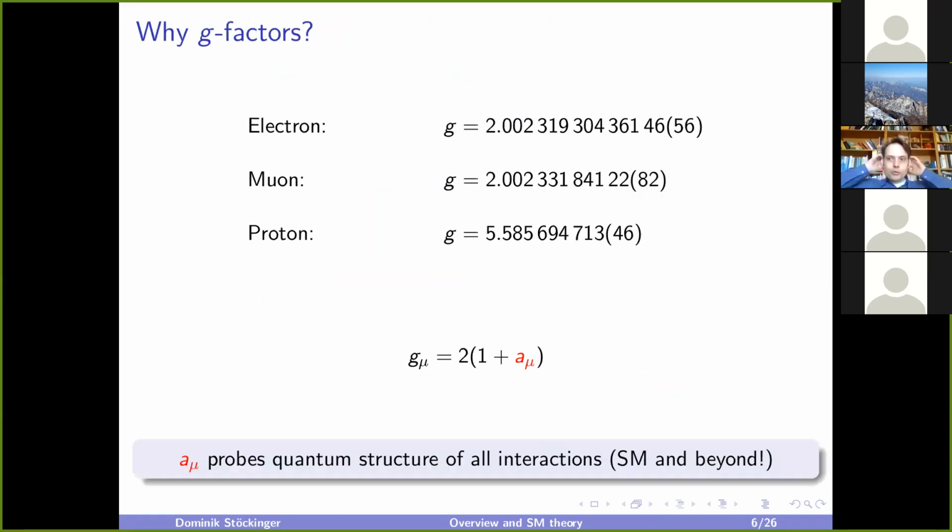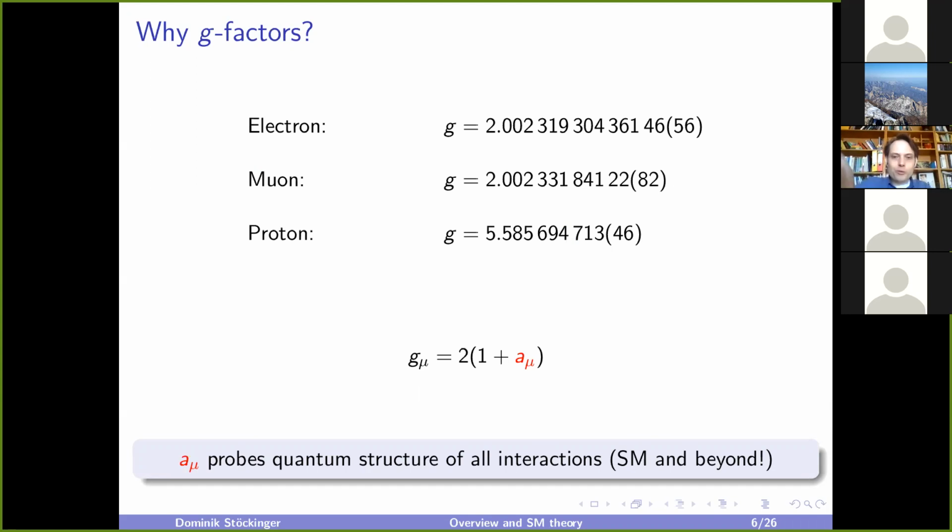Let me also show you this simple-minded comparison between the G factors of 3 spin 1/2 particles. So if you imagine yourself 100 years ago or 50 years ago, then you would only know maybe the Dirac equation, and you see 3 spin 1/2 fermions. At one point, the proton was also considered elementary. Then the electron, muon, and proton at first glance look the same.